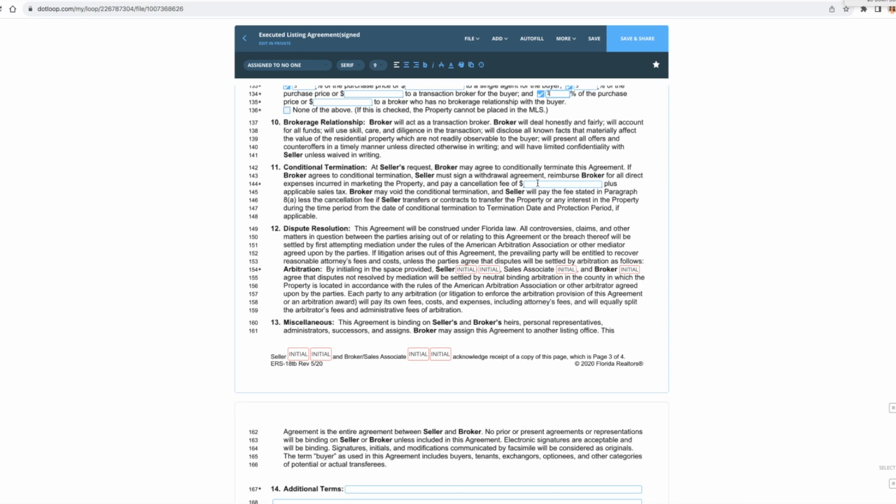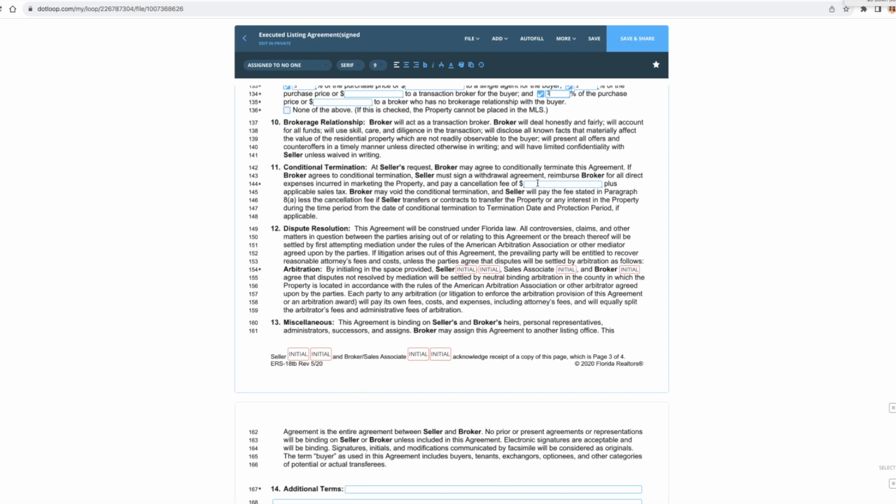We typically do not charge a cancellation fee, but it's important to know that if you have incurred marketing expenses and the seller decides to cancel, then you are due your marketing expense back. So if you paid any amount of money for professional photos or staging or anything like that, and the seller decides to cancel or changes their mind, or for whatever reason,